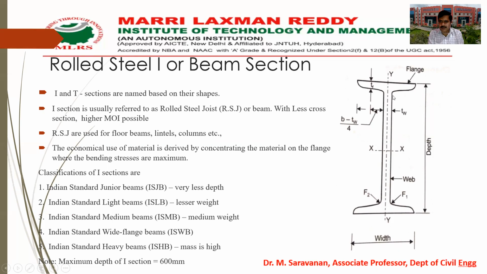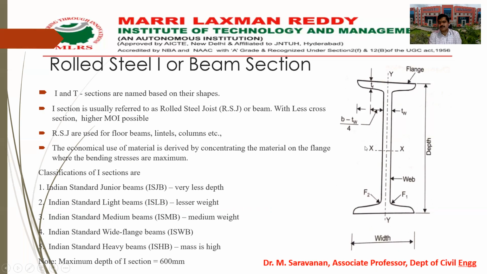Z is equal to I by Y, directly proportional. So the strength of the section will be good. RJ, rolled steel joists, are used for the floor beams, lintels, columns, etc. We can use this type of I section. And the economical use of material is derived by concentrating the material on the flange where the bending stresses are